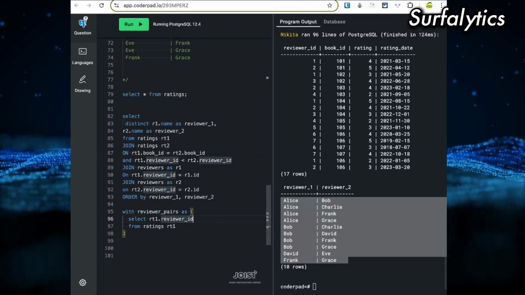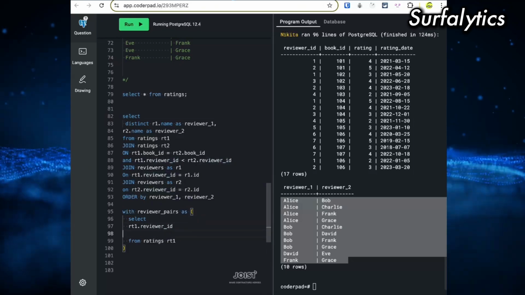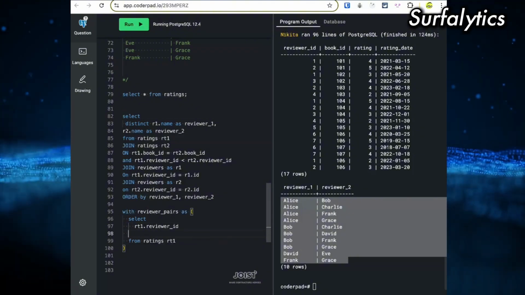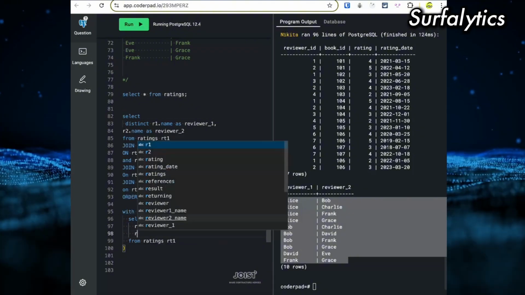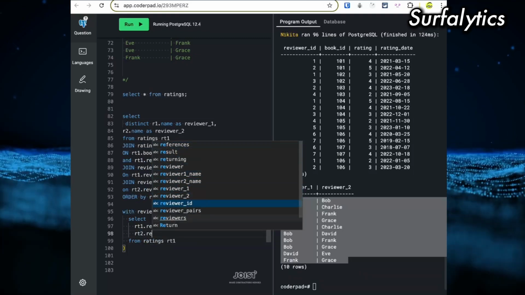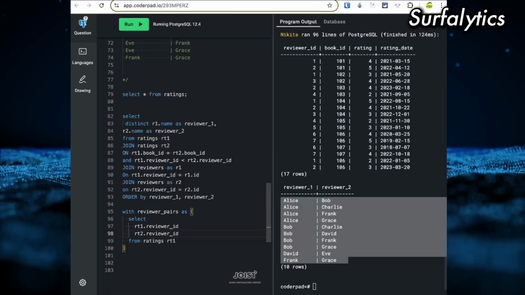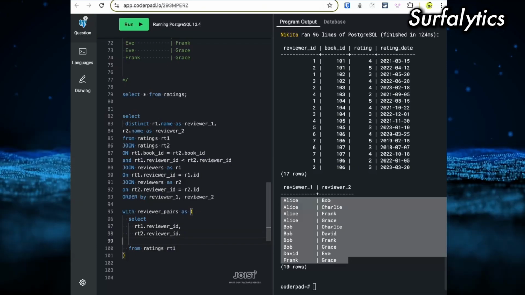Select RT1. I will name it later in the better format. And I need to do RT2 reviewer ID. I will name it later.